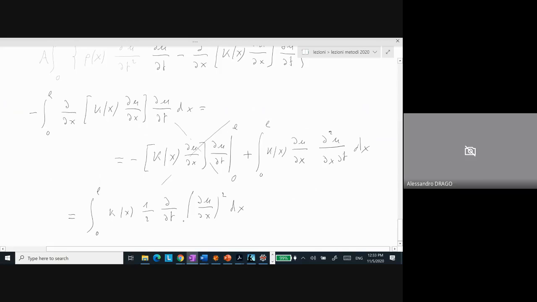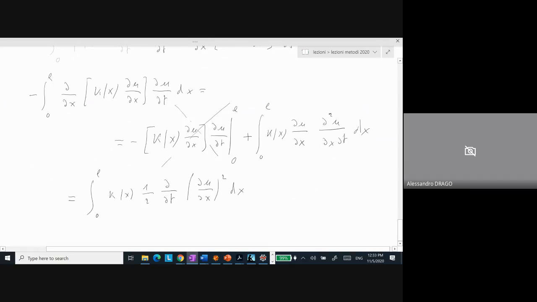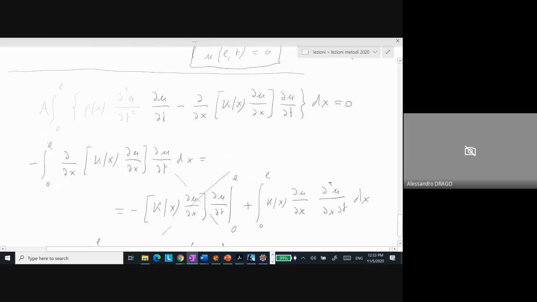I mean, if I take the derivative respect to time, the 1/2 and the 2 cancel, I get a du over dx, and after I take another derivative respect to time of du over dx, which is the second element. Okay, so we have been able to rewrite the second term of the equation, this piece here,